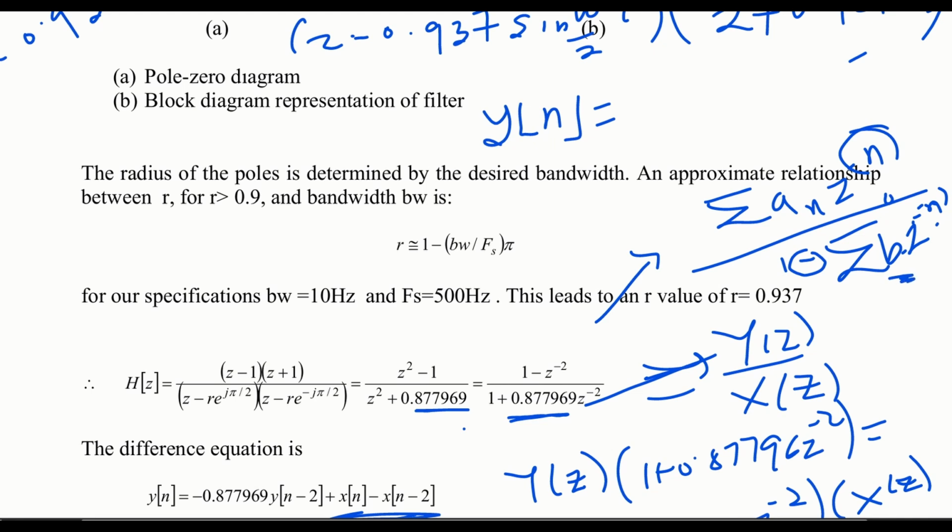Because it's at the denominator, remember here is negative but here is positive, so you have to put a negative answer here. So it has to be minus 0.877969, and you check what is the power of z attached. The power of z attached is minus 2, so it has to be y of n minus 2,